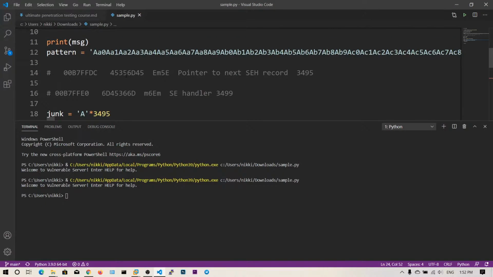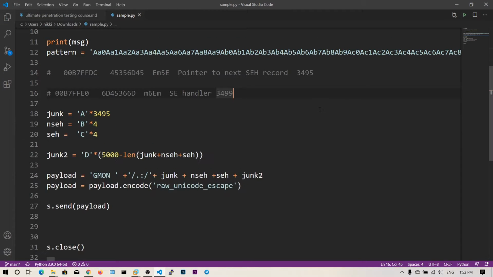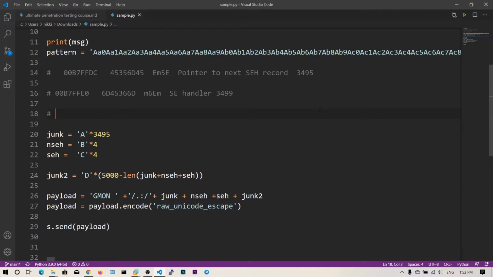Let's paste this in a comment as pop pop return. Now we are going to place this address instead of this SEH in little-endian byte order.